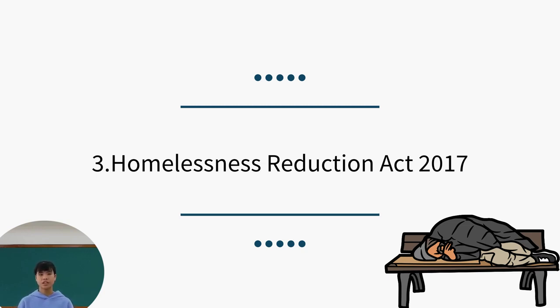A key point is that all legal residents in the UK can ask for this service, regardless of whether they are in a priority group or not. Additionally, the government must help those who have already lost their homes find a place to live within 56 days. The priority groups for help include pregnant women, families with children, vulnerable adults, those made homeless by disasters, and those who will lose their homes within 56 days.